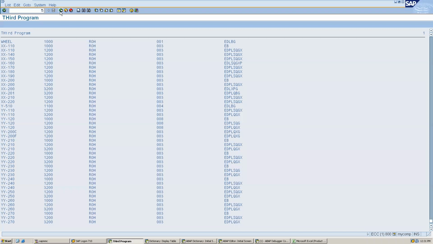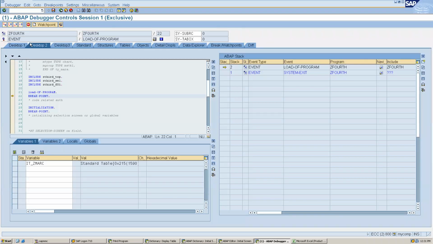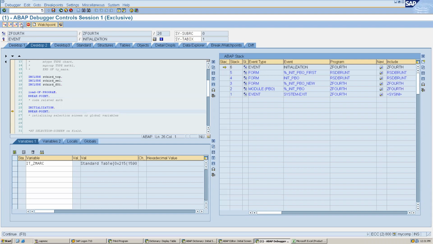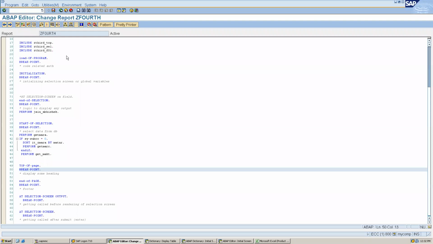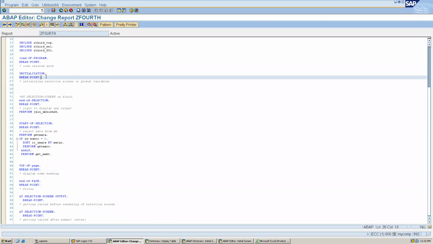Now it will again call this breakpoint. Just like this. Okay, nice. So till now we don't have any doubt, right?